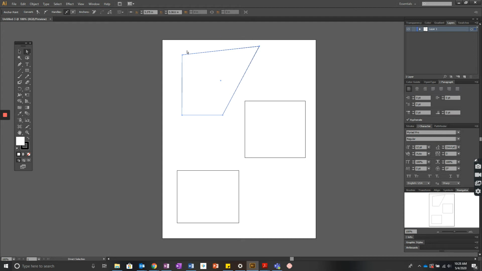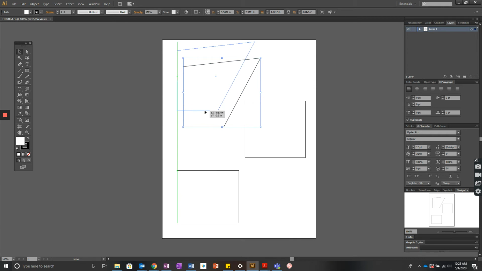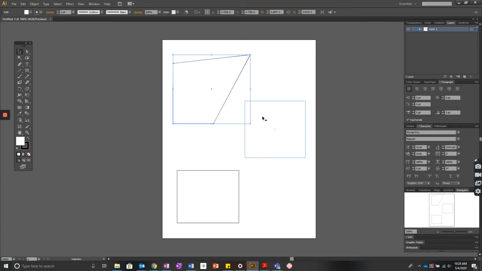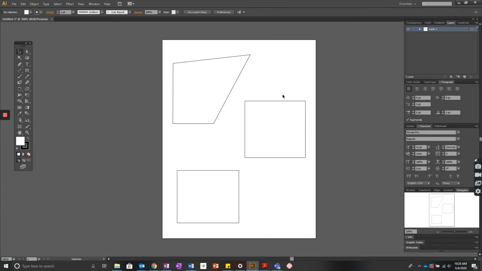Now, if I want to drag the whole object as a whole, I have to go back to the selection tool, click on the path, and you will see that it'll make its own box around your original object. Now, I can move that anywhere that I want. Get out of the isolation mode. By clicking on the path with the selection tool, it's the black one, I can move it anywhere I want